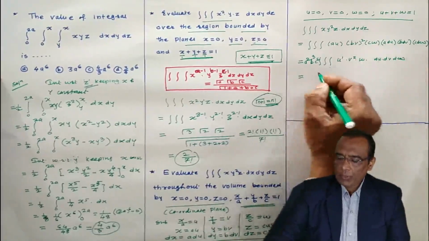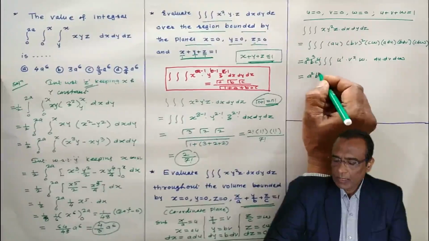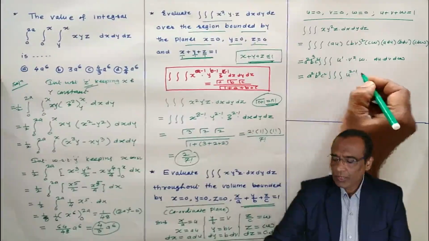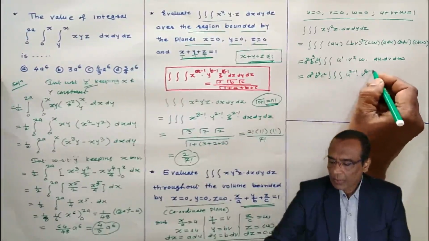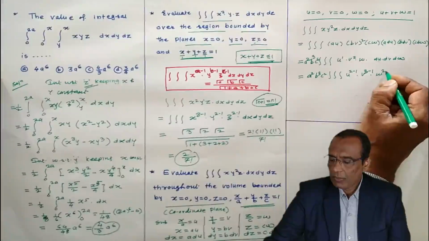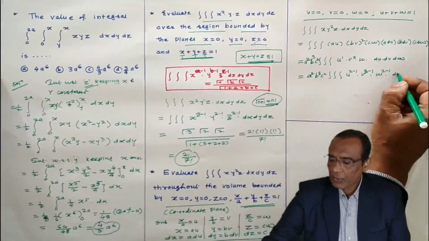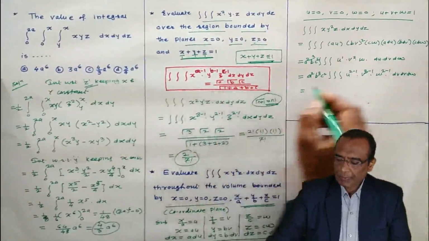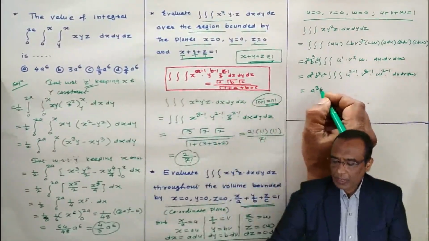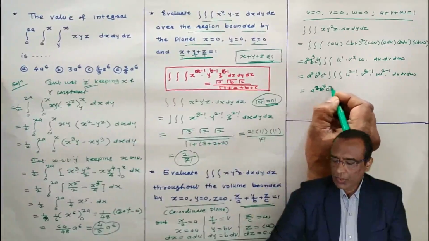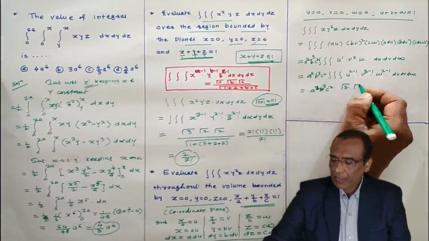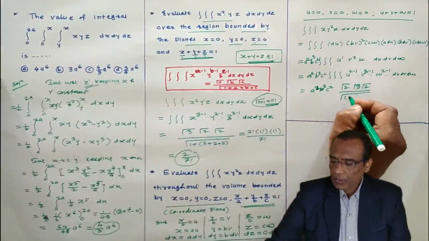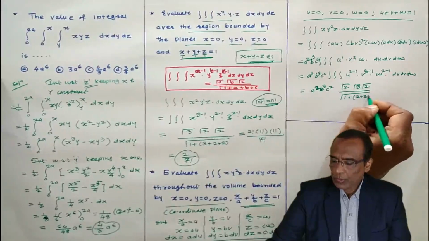Again the same formula I will be using. One more step I am going to add here. Triple integral u power 1 can be written as 2 minus 1, v power 2 can be written as like this, w power 1 can be written as like this, du, dv and dw. Now by Dirichlet theorem, this can be directly written as a square, b cube and c square, gamma 2, gamma 3, gamma 2 divided by 1 plus 2 plus 3 plus 2.